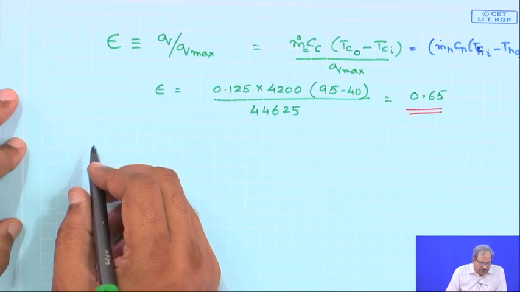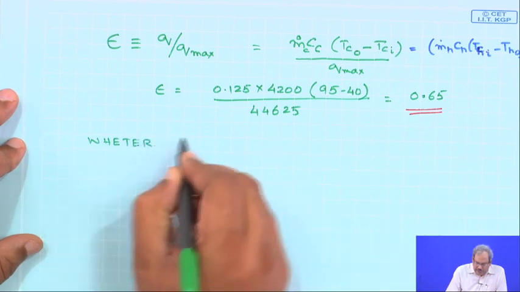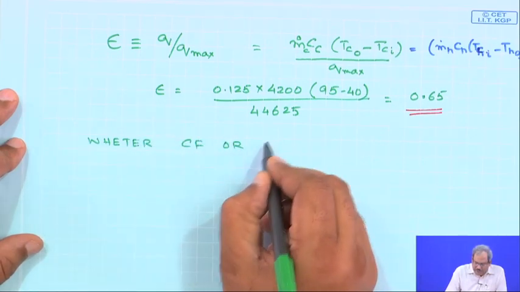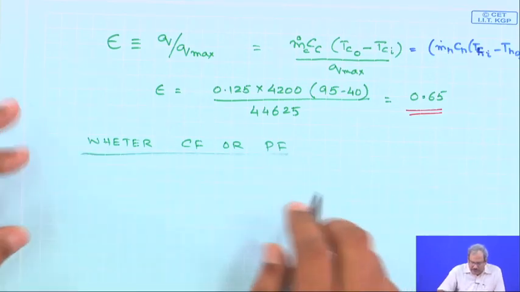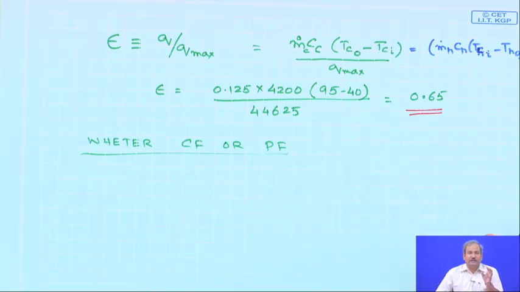In order to do the second part, that is whether it should be run in counter flow or in parallel flow, obviously you would prefer a heat exchanger which would require the least amount of heat exchange area. So, the requirement of heat exchange area is the prime factor in deciding whether to go for counter flow or parallel flow. And of course, as an engineer, in order to reduce the cost, you would go for that type of flow which would result in the minimum heat transfer area for a specific operation.